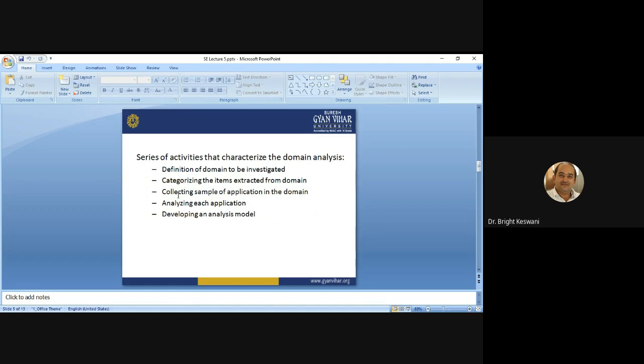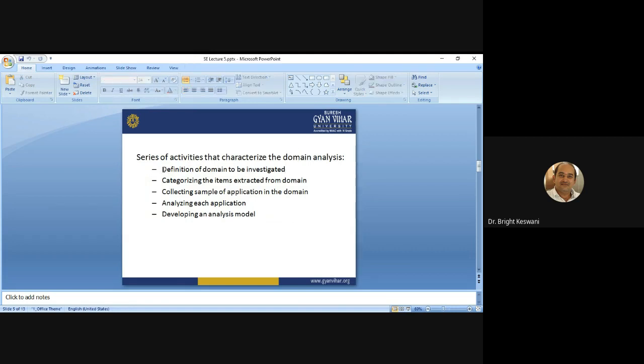The third is collecting samples of applications in the domain, the fourth is analyzing each application, and the last is developing an analysis model. They run one by one: when one activity is completed, the next is started, and only then.